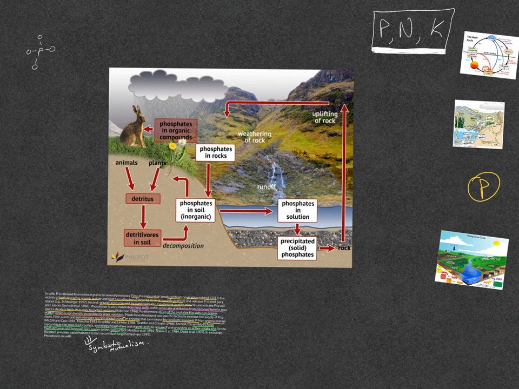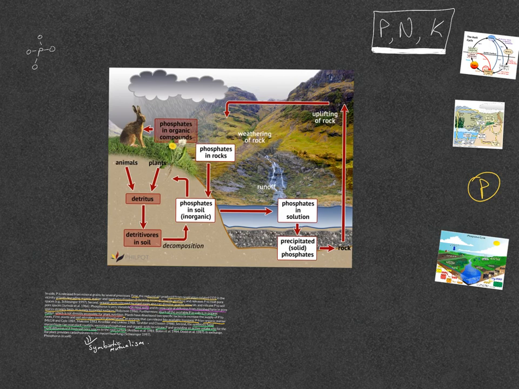As the weather happens, as rain falls and sleet and ice, the rock breaks up into smaller and smaller pieces. The chemical weathering, the acid in the rain, the various elements in the rain react with the rock and change the form of the phosphate and make it slightly more soluble until it's in the ground